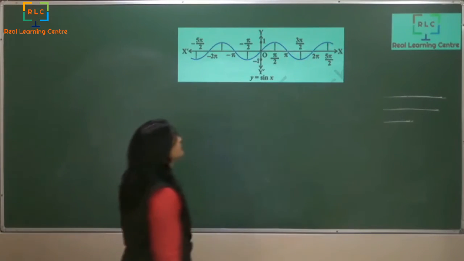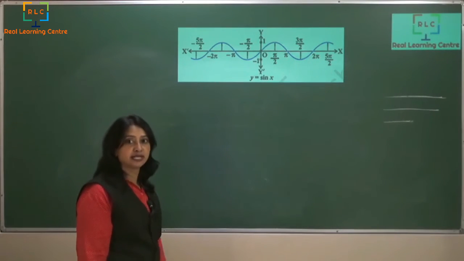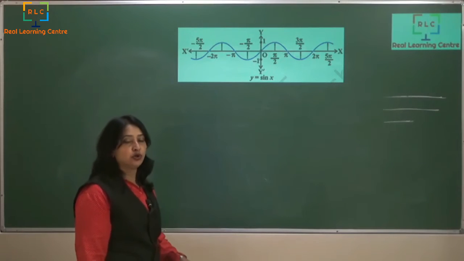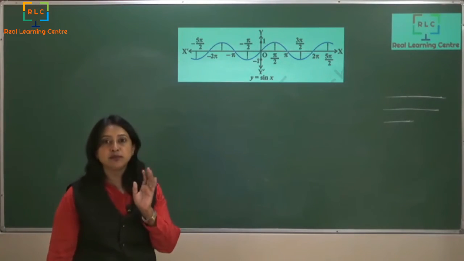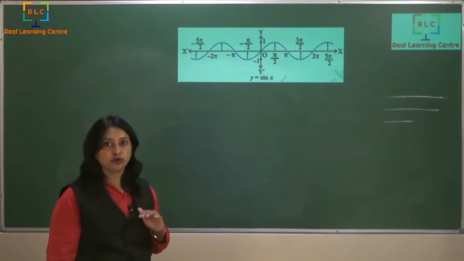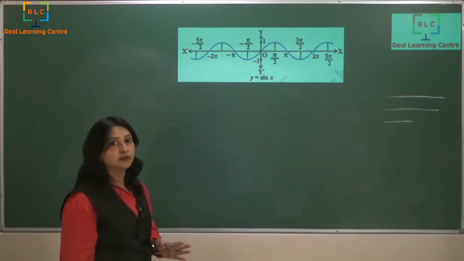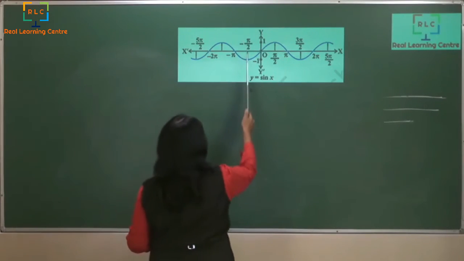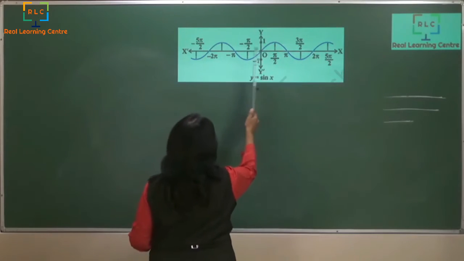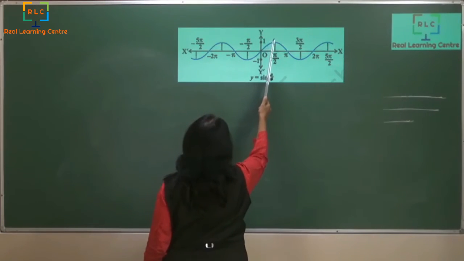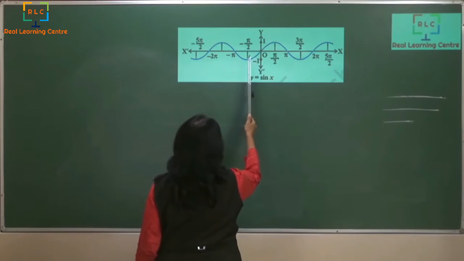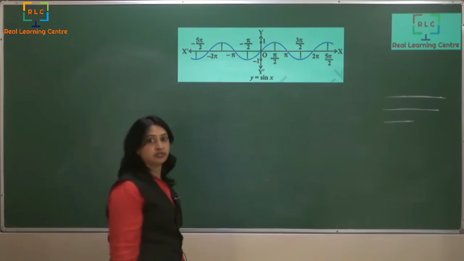We see that the sine wave is crossing the x-axis infinite number of times. So everywhere you cannot have its inverse function because it will not be one-one when I am taking the entire range. But in this part of the graph, between minus pi by 2 and plus pi by 2, all the angles are different and all the values are also different. There is no break also in between in the graph,